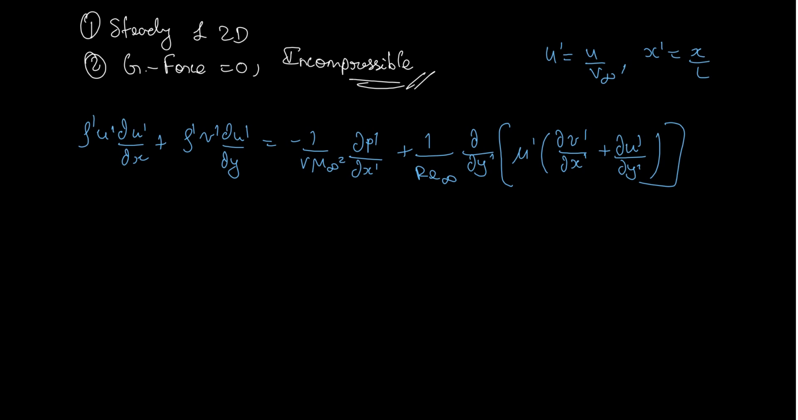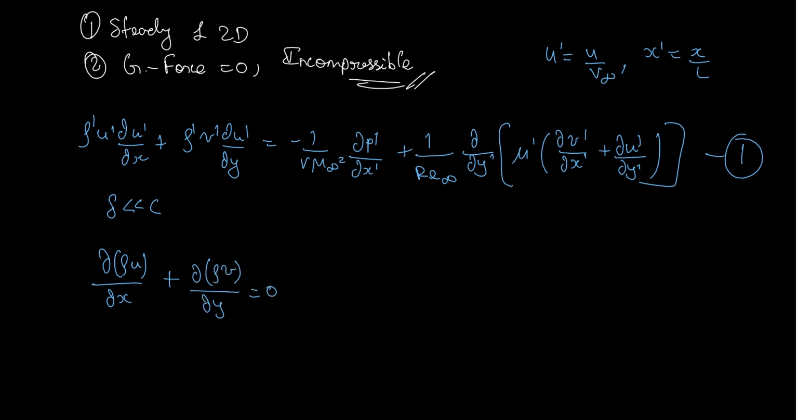Now I will be making some assumptions, and we'll write the continuity equation here. Let me call this equation 1. So let us write the continuity equation, making some assumptions like delta is very much less than L, where L is the characteristic length that we have assumed. My continuity equation will look like this. And if I just non-dimensionalize it,